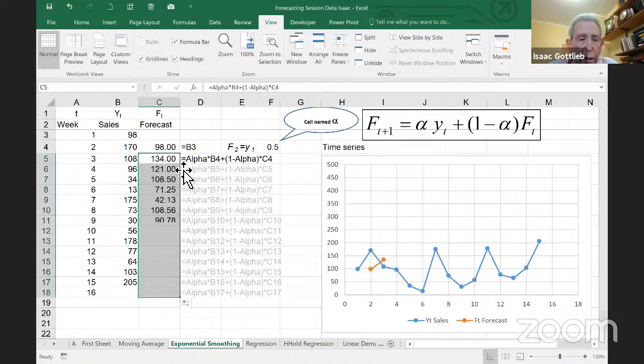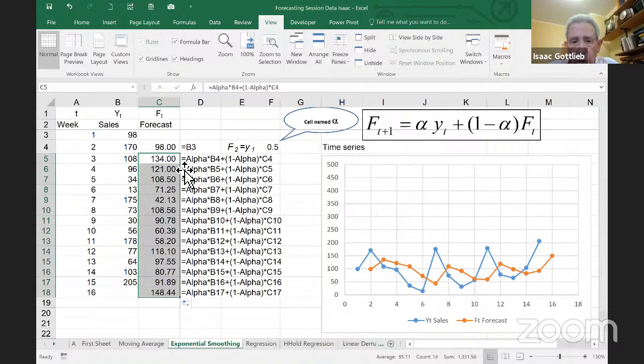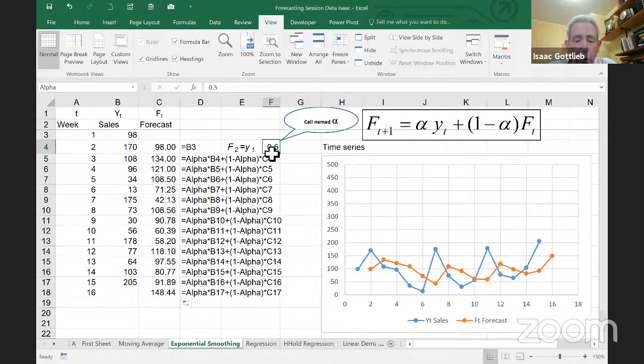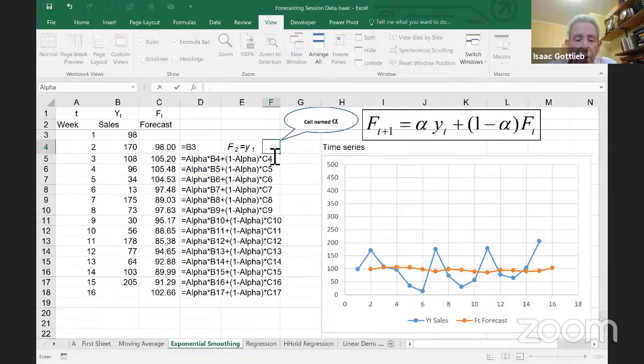And if you double click or continue, you're going to see what happened to my forecast. Now, alpha is a decision variable, and you want to know how smooth you want it to be. If you try 0.1, it could be between 0 and 1. 0.1, look what happens. It's completely smooth. If you try a very high value,